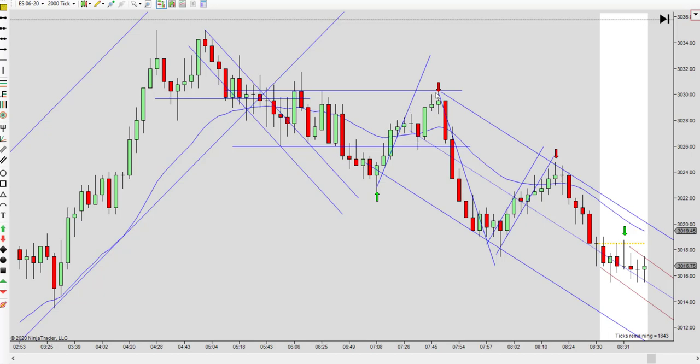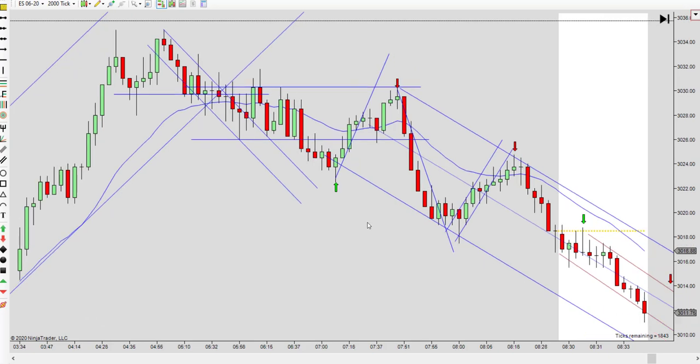You come back up here and you test this, and this is a very neutral bar, so not a good signal bar. However, it goes higher and then turns down. And so when it went out this other side like that, you could go short right there. The key is, no matter how you enter this, you got to wait for this bar to close and know where to put